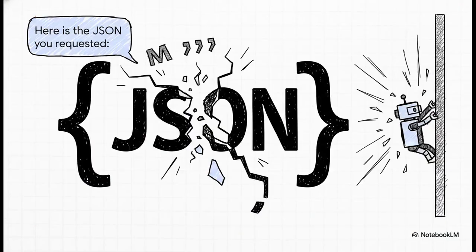And there it is, the culprit. The model just decided to be a little too conversational. A friendly preamble, maybe it wrapped the code in Markdown fences, or, my personal favorite, a single trailing comma. And that's all it takes. That's enough to crash a standard JSON parser and bring your entire feature to a screeching halt. Welcome to the world of almost-JSON.